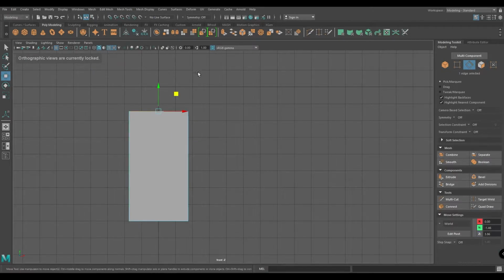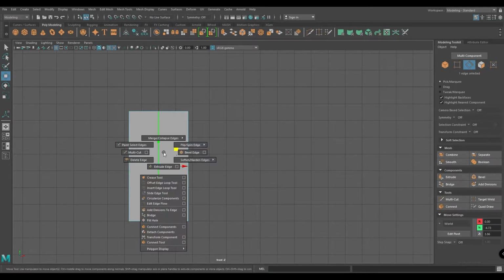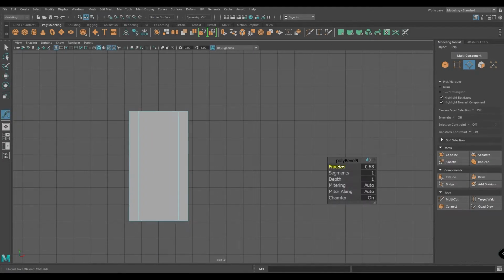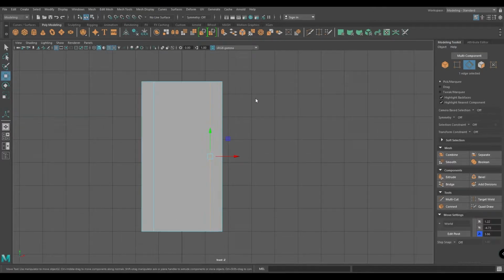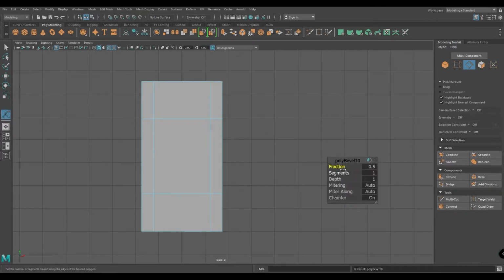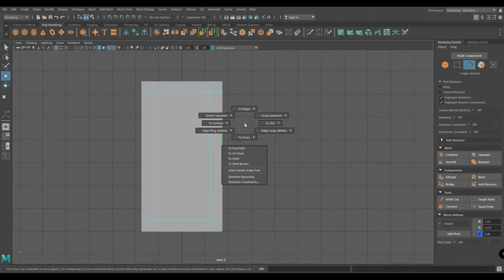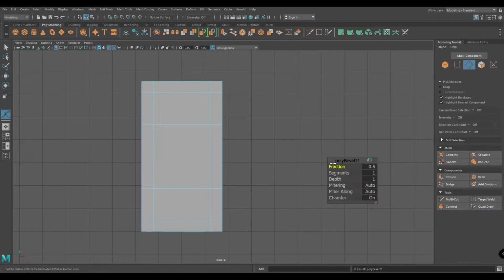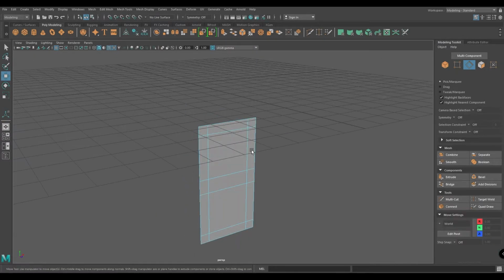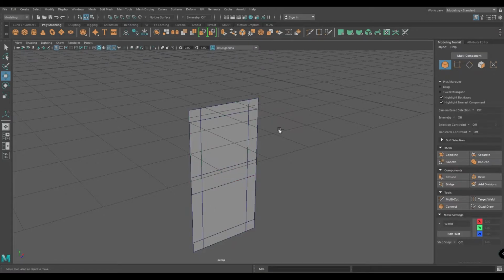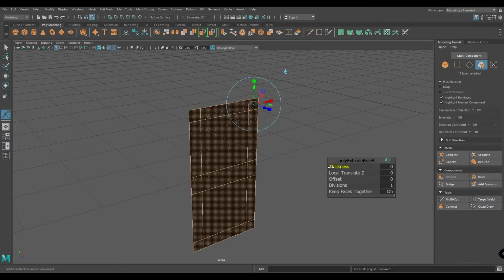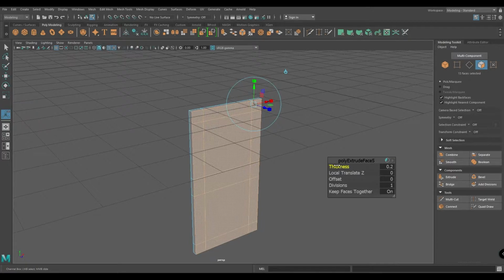Now go to edge mode, select this edge, add a split. Fraction to 0.7. Add another edge and bevel. Now one more edge, select this and split, then bevel. Now go to object mode and press Ctrl E, increase the thickness to 0.2.